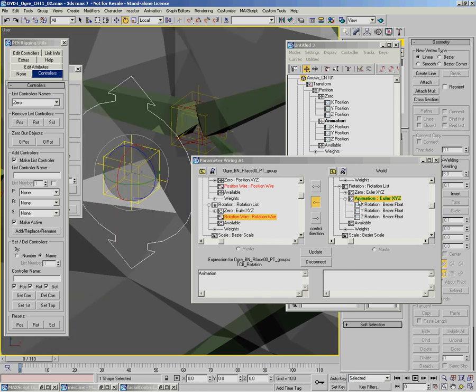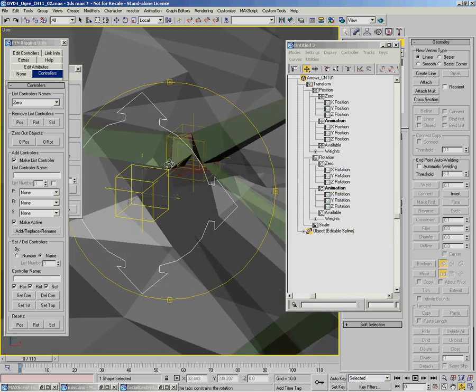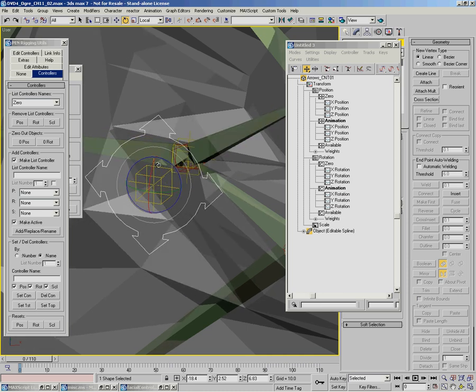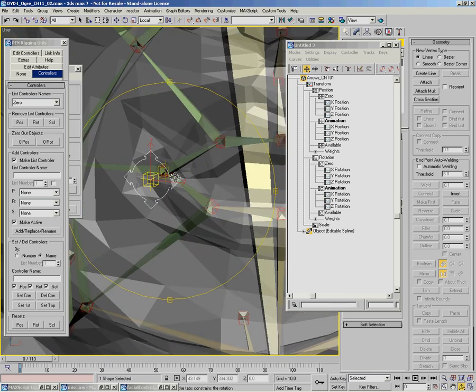So believe it or not, the actual parent track of an XYZ Euler controller in Max is actually returning a quaternion value, and not the Euler XYZ value. So that confuses some people when they get to that stage and can't understand why it's not returning that XYZ value. To get at the Euler values, you have to get at them individually. It's the only way to do it. So now you have this